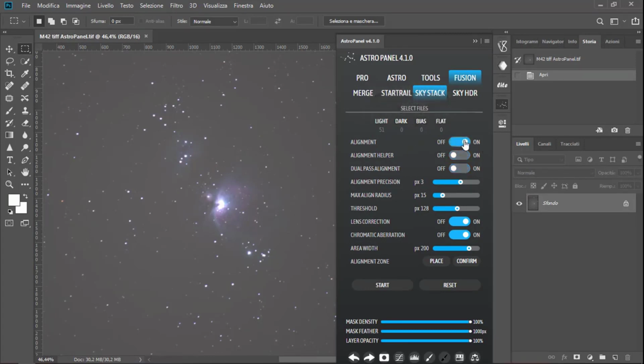Now, alignment on, alignment helper on, and dual pass alignment on. Alignment precision 5 pixels. Lens correction on and chromatic aberration on. And now place. Now we wait for the software to